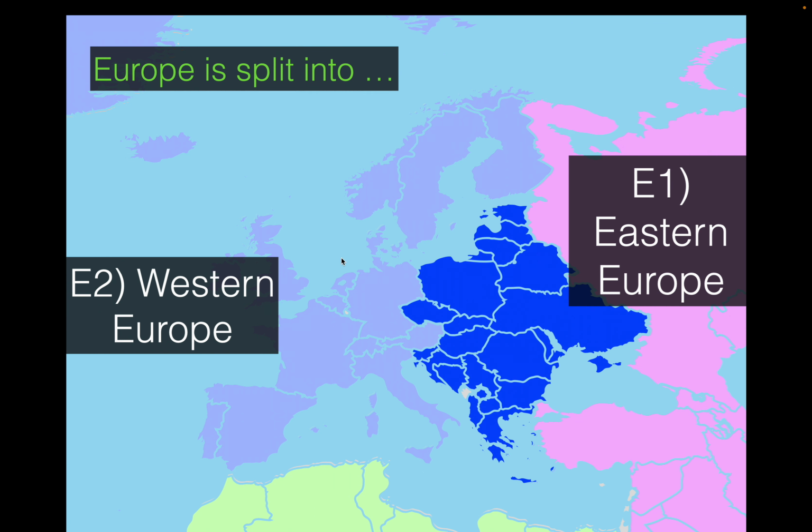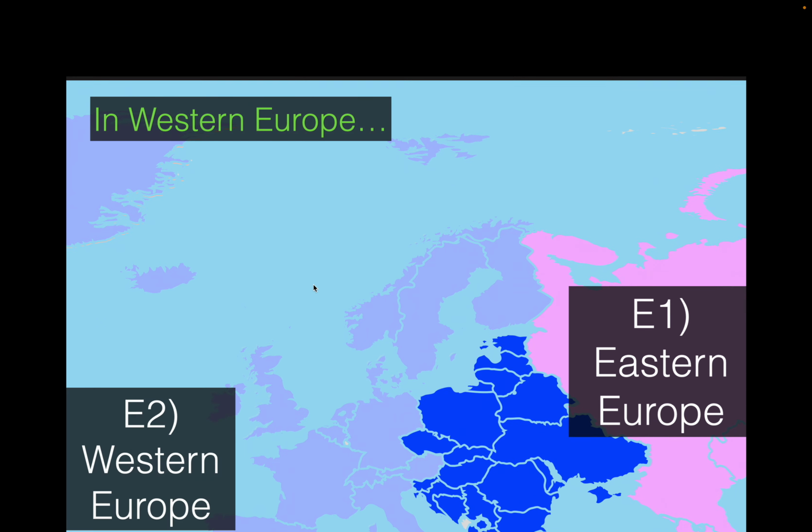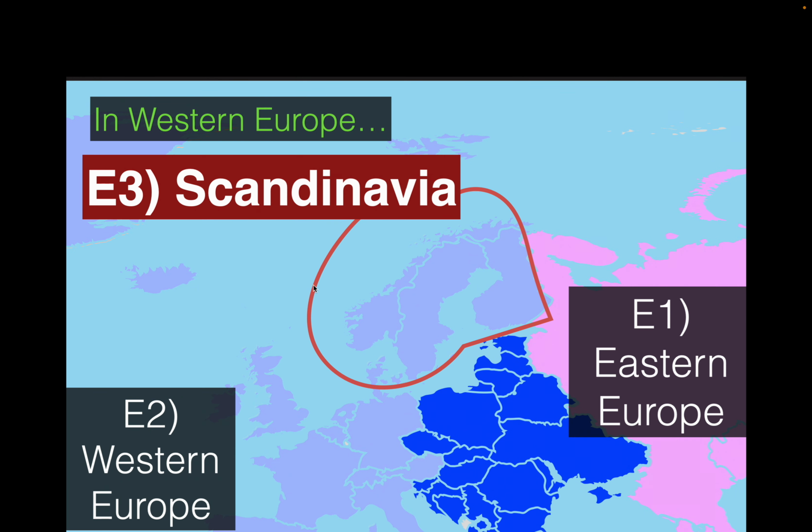Now, in Western Europe, we can split them even further. Okay. Some people call it Northern Europe, but the correct term is Scandinavia. So basically it includes Norway, Finland, Denmark, and Sweden. I think I mixed up Sweden and Finland, but basically these 4 countries. And also Iceland. Sorry for the error, it includes Iceland as well.